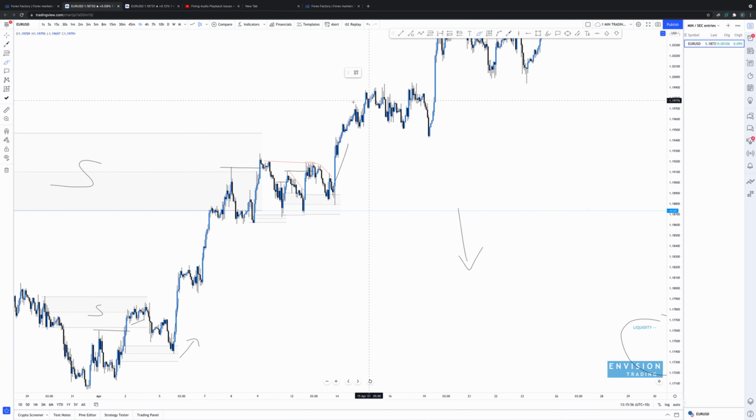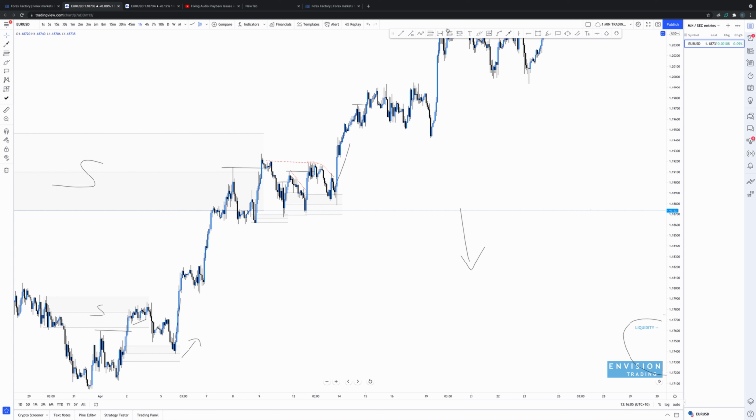For example, here, we broke this structure. Why did this not hold? Why did it go down? What do we have? We have equal lows, equal low liquidity, that got swiped to mitigate this range. And what is this range? This demand zone. And if you look left, the reason we're having a pullback is we'll be tapping into supply,